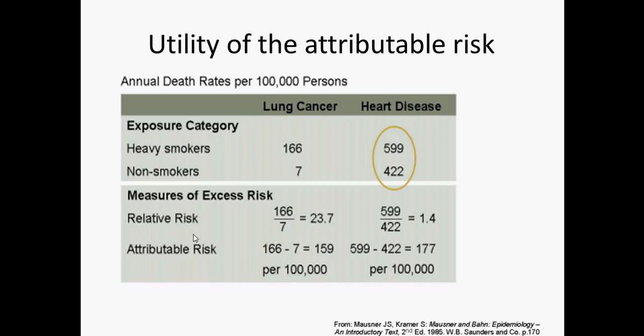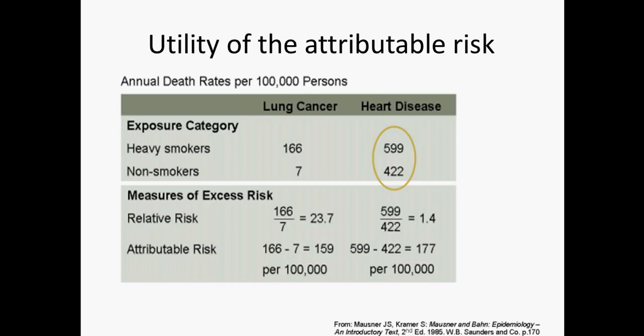So how did we get it? Here you can see that these numbers are nothing but the incidence rates given for lung cancer amongst heavy smokers and lung cancer among non-smokers, and similarly for heart disease. So to calculate the relative risk of death from lung cancer, we do nothing but a ratio of 166 to 7, which gives us the answer. And similarly, we do it for heart disease. We divide 599 over 422, which gives us the relative risk for dying from heart disease. So,